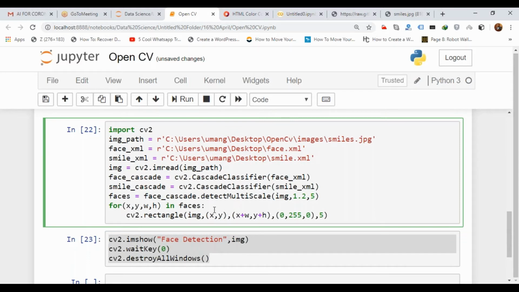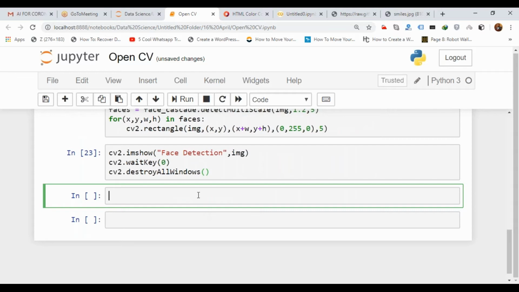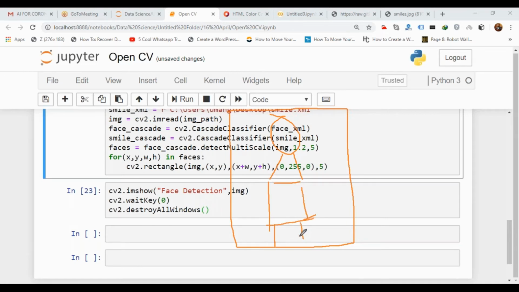That is ROI. ROI stands for region of interest. That means, suppose this is a boy or something, take an example like this. Suppose this is an image, and these are the coordinates, basically.